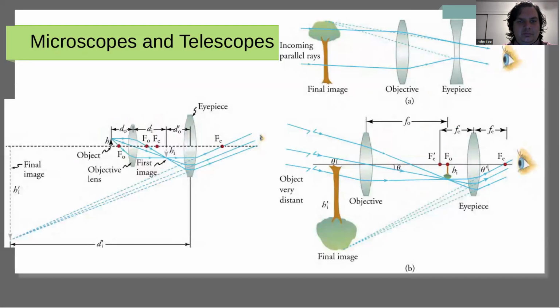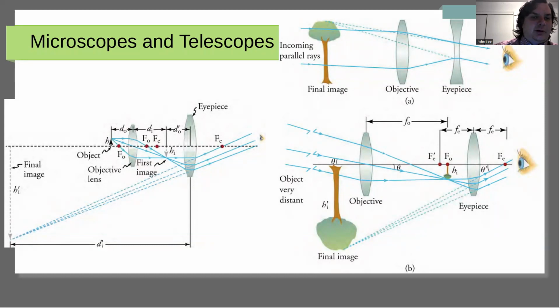And then, I believe the final thing that I want to talk about is microscopes and telescopes, where you have two lenses in order to really control where you're looking and really control the magnification, which is how much bigger it appears. And then what you do is you adjust the distance between the lenses so that one object, or well, first of all,